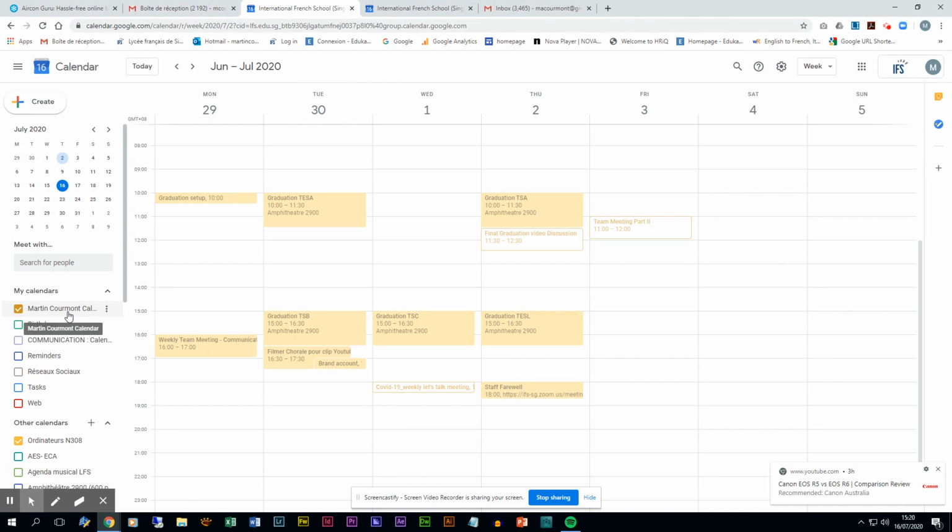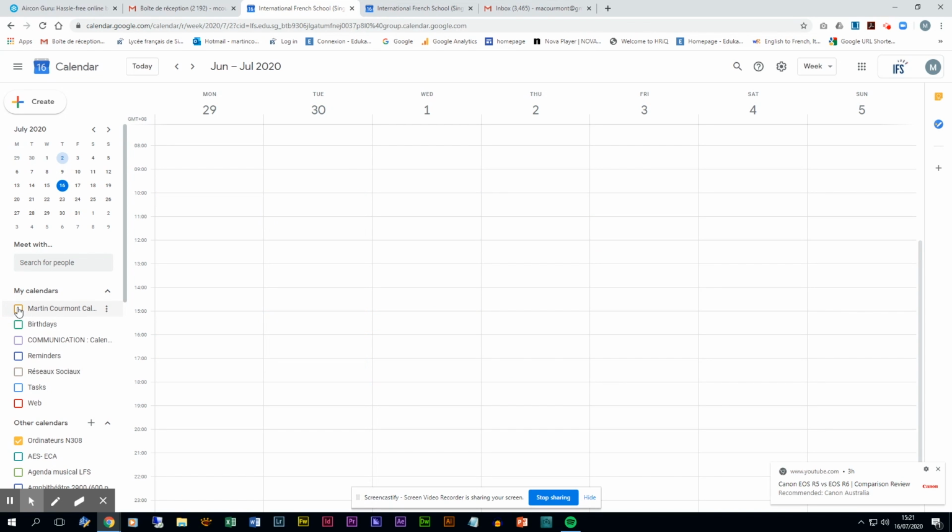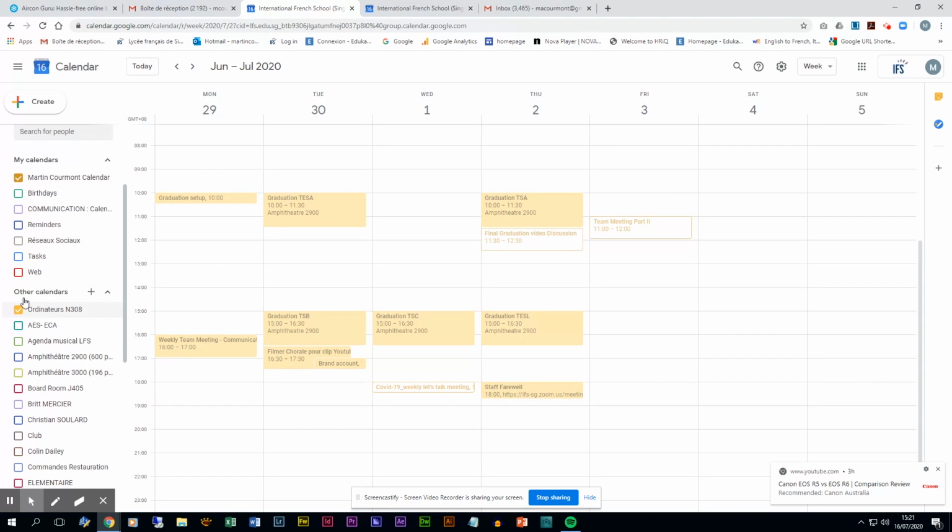To continue on the way to see the calendars of other contacts, you can check from there. As you can see, this is my calendar. In this case, the yellow is the color of my schedule. If you click just here, the schedule will disappear. Below this function, you have other calendars. This is all the calendars of other people that you register on. You can have a constant view of their schedule and decide if you want to make it appear or not by clicking on the square they belong.